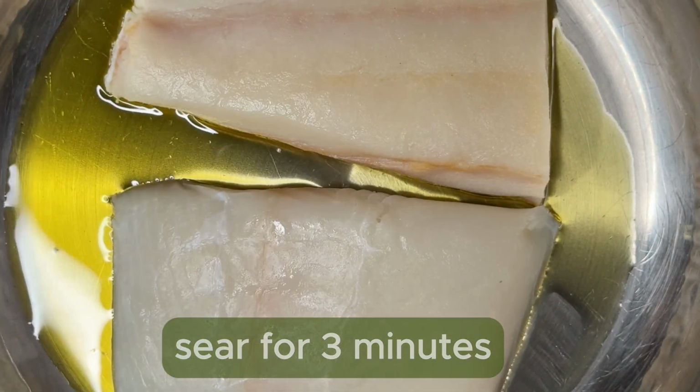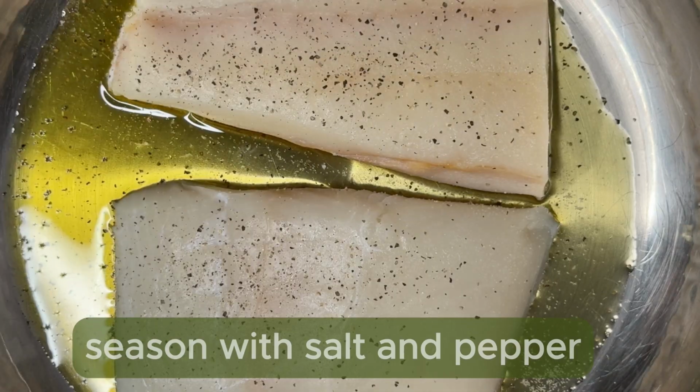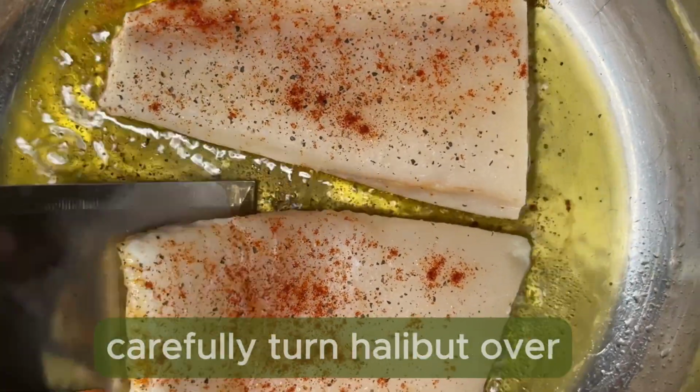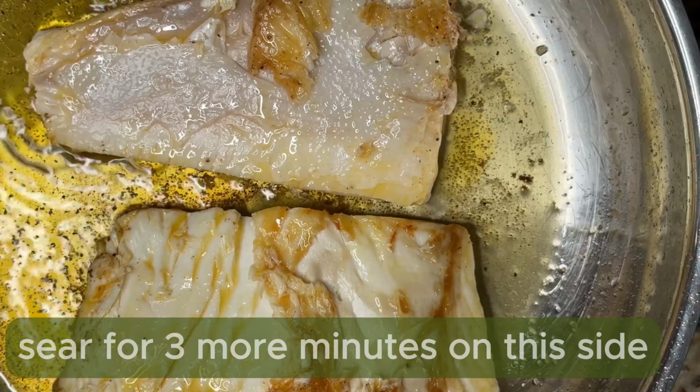When the oil is hot, add the halibut and sear for 3 minutes. Season the first side with salt and pepper and paprika. Again, sear it for 3 minutes and then turn it over very carefully, and you're going to sear it for